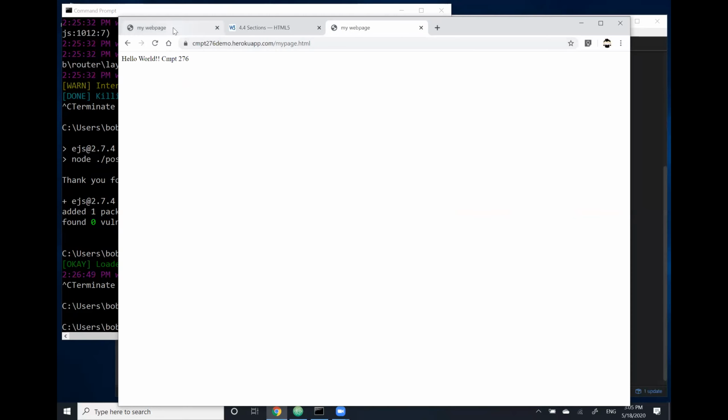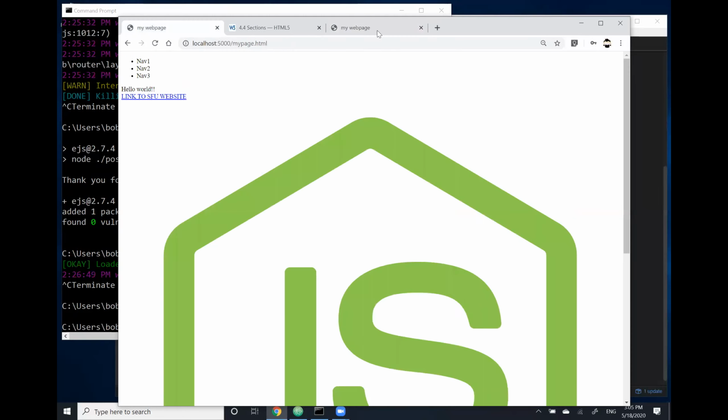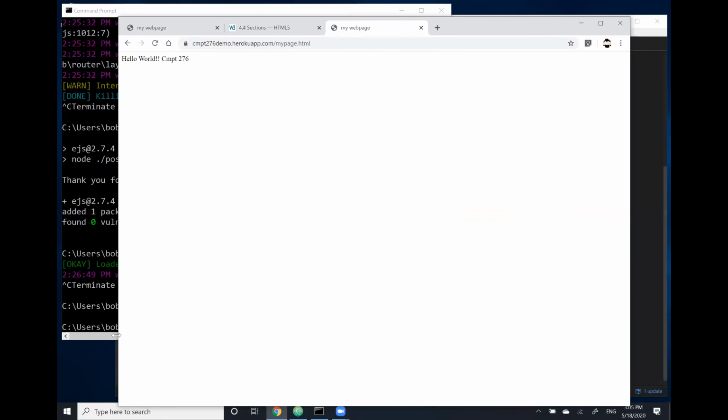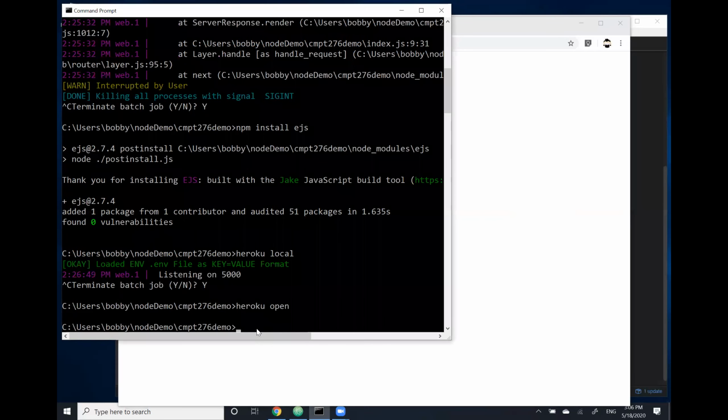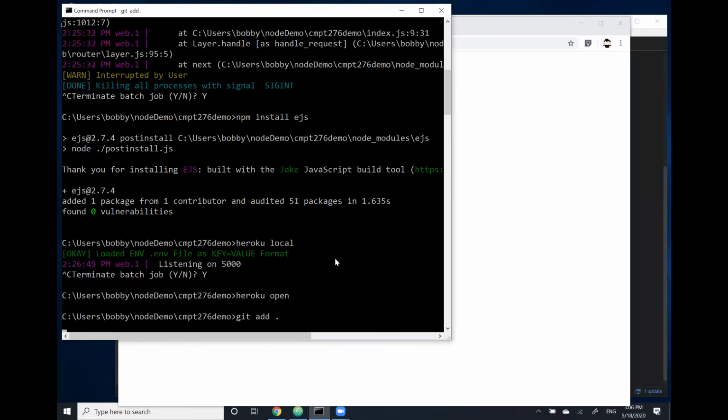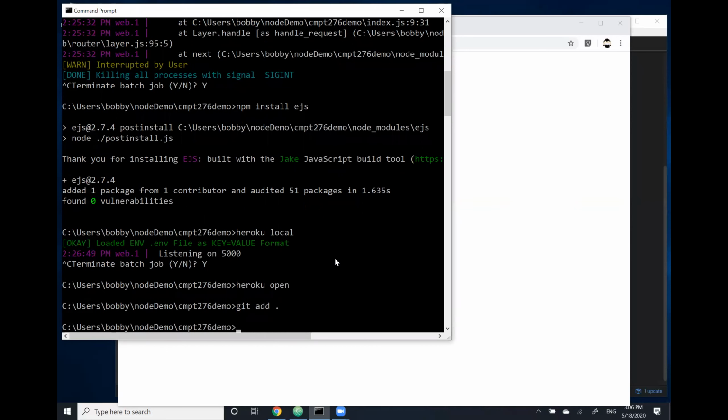Now, let's say that I've tested everything locally. I'm happy with this. I want to push it up to the server. I'm going to do exactly the same thing as I did before. I'm going to do a git add. Now I have to be in the root of my application. So git add, I'm going to do a git commit,